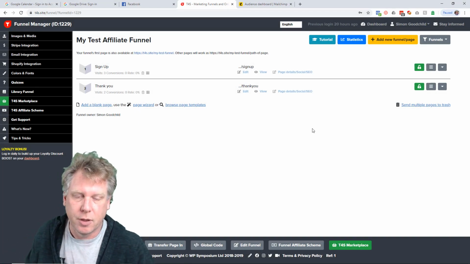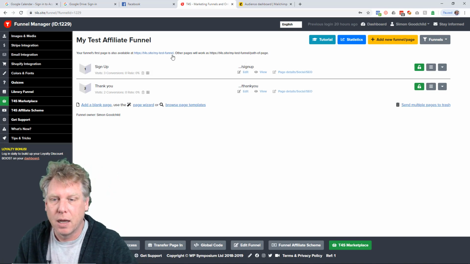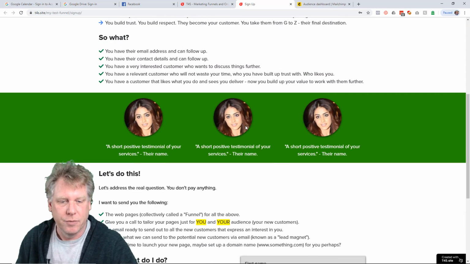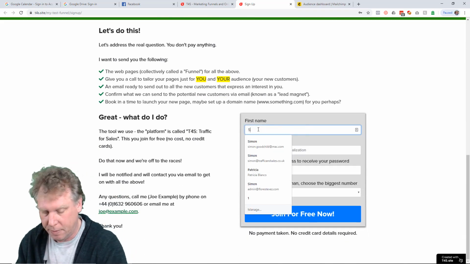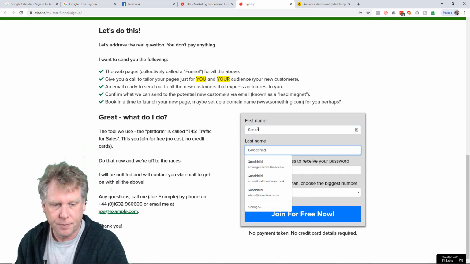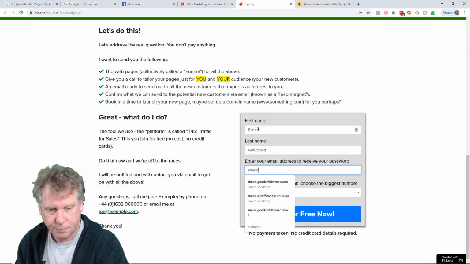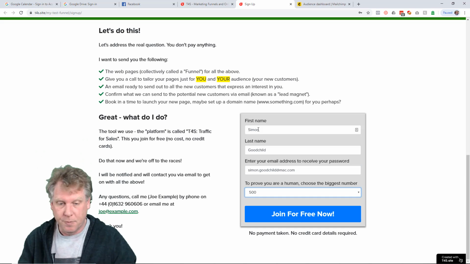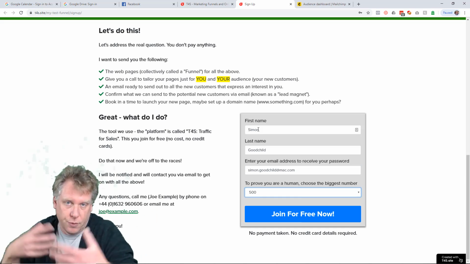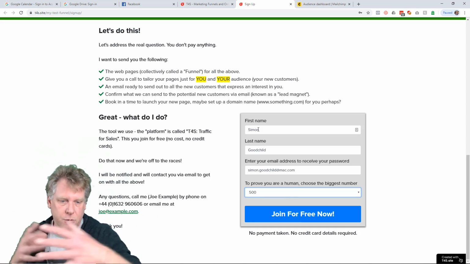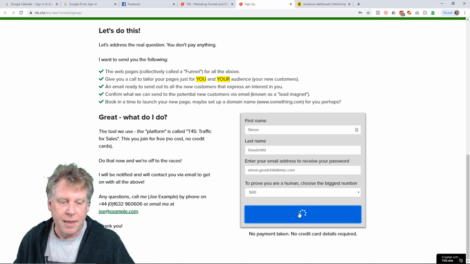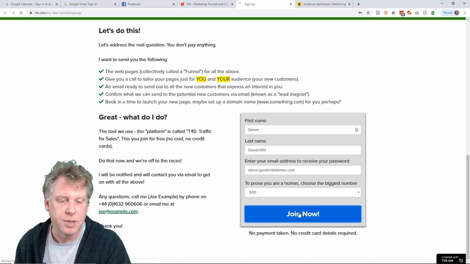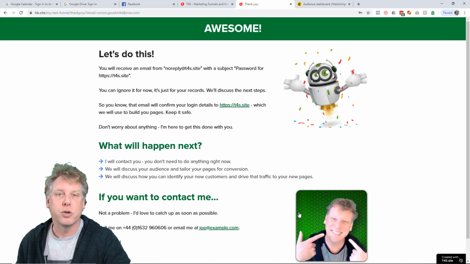So this is my test funnel, which we've just set up. I'll preview it. And obviously this is just using the template, but hey, I'm convinced, it doesn't cost me anything. Awesome. Yeah, I'll go for that. This will be one of your guys, where you're going to get the share of their monthly payment once they've converted from a free trial. You've used your charm and value to get them to a paying point. And it does two things. First of all, it sends them a welcome email with their passwords for t4s.site,